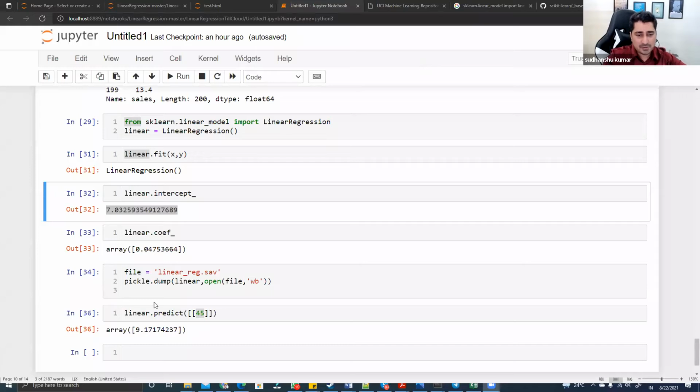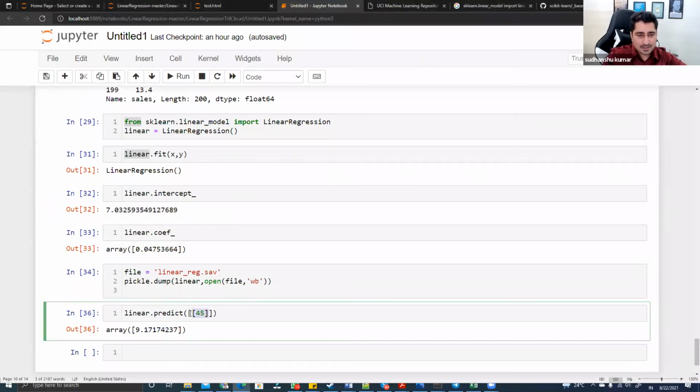So this is how we can do a prediction. If we have to pass multiple values, yes, we can pass multiple values, and we will be able to get a prediction. So maybe if I try to pass 67, 67, 78,